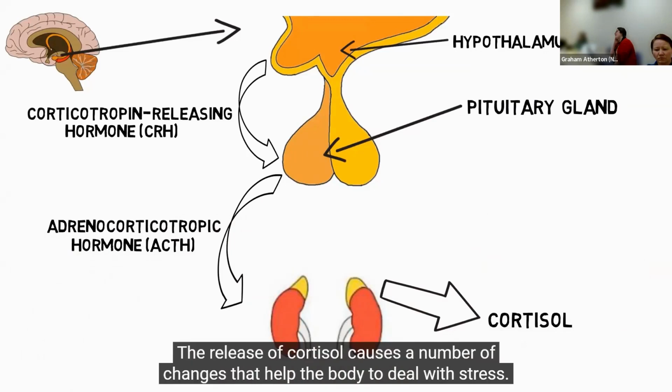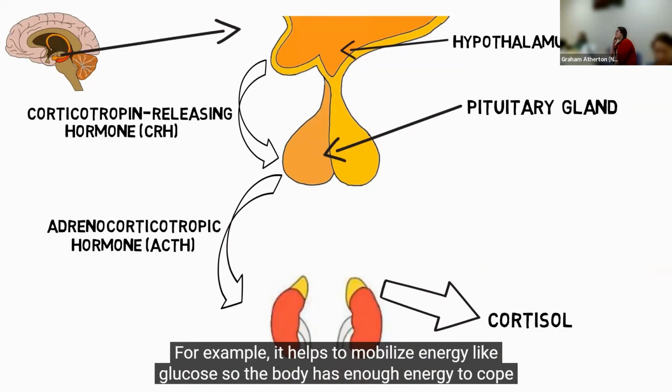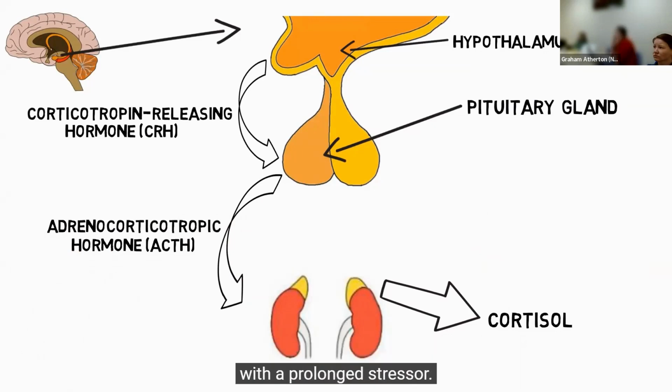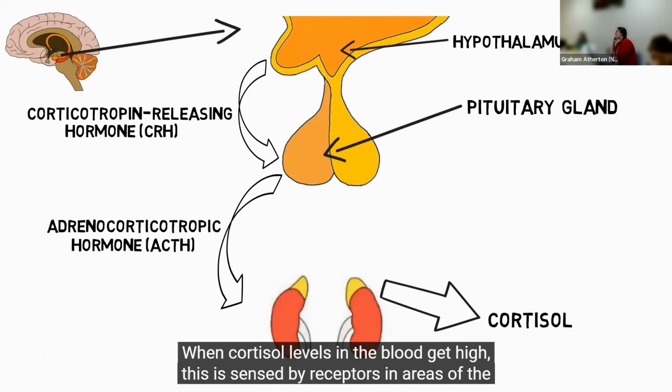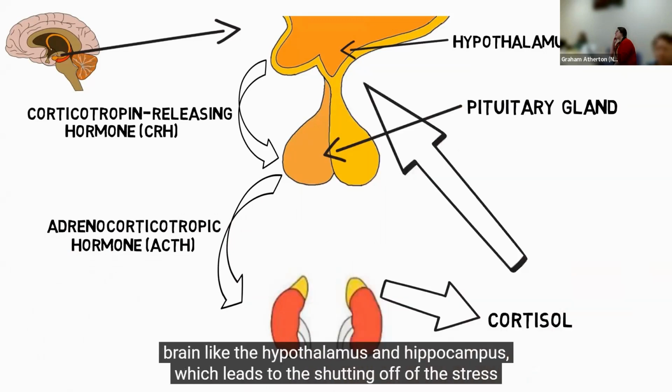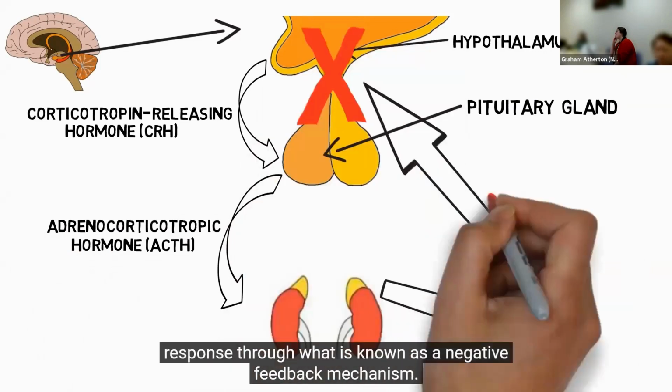The release of cortisol causes a number of changes that help the body to deal with stress. For example, it helps to mobilize energy like glucose, so the body has enough energy to cope with a prolonged stressor. When cortisol levels in the blood get high, this is sensed by receptors in areas of the brain like the hypothalamus and hippocampus, which leads to the shutting off of the stress response through what is known as a